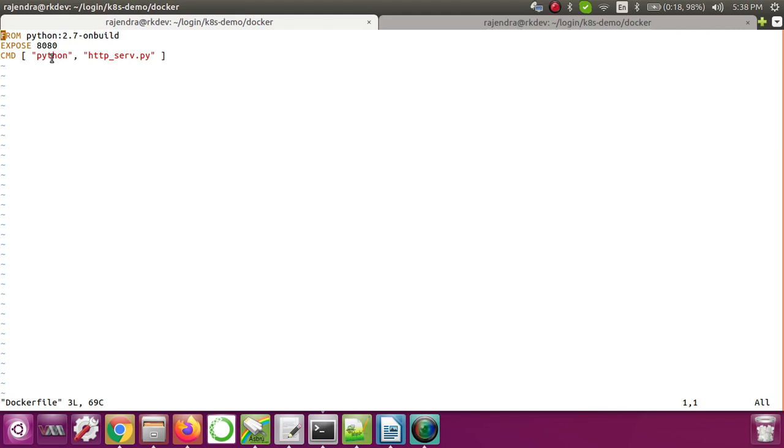Okay, now if there is a change in your second step, that is export 8080, in that case your first layer will not be rebuilt, because it does not depend on your second step. But your third step is dependent on your second step, which is now changed. So your third step will also be rebuilt.